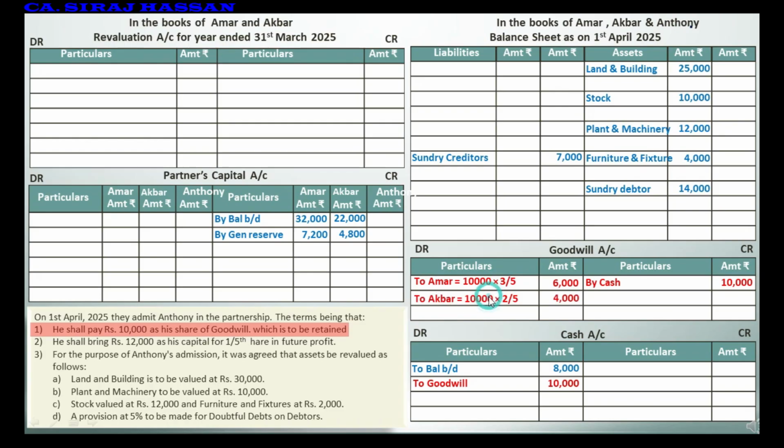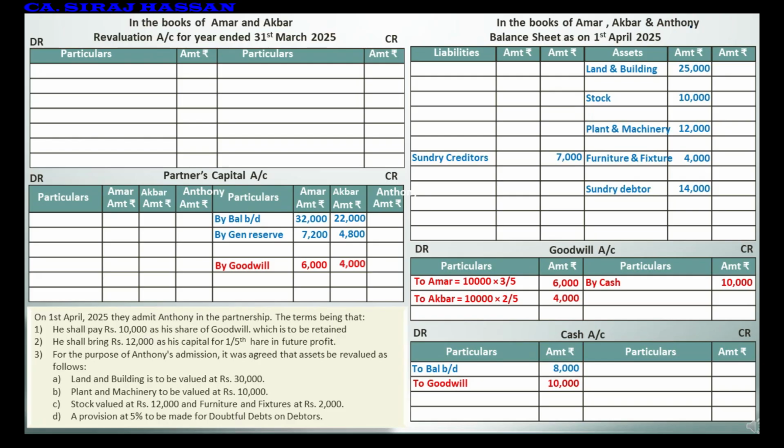Amar and Akbar. Amar will get 6,000, Akbar will get 4,000. Now this 6,000 and 4,000 will be credited to the partners' capital accounts. Okay. After adjustment number 1, we have adjustment number 2, in which Anthony will bring rupees 12,000 for